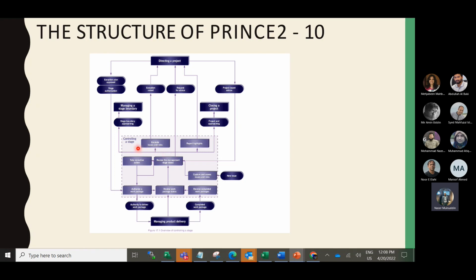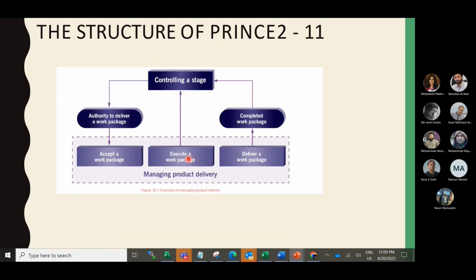has main activities here, apart from the initial engagement, when the actual delivery is ongoing, like any corrective action, reviewing the management stage, activating a work package. Work package means you give specific work to the team manager for the delivery of these things. So I am just giving an overview so that once you're familiar, it will be more understandable for you. Then this is when the project manager assigns something to the team manager. The team manager is actually delivering.